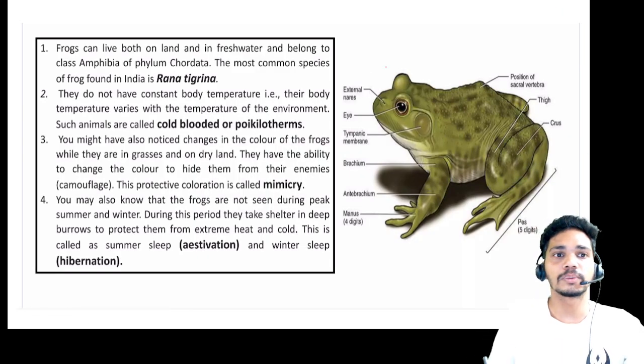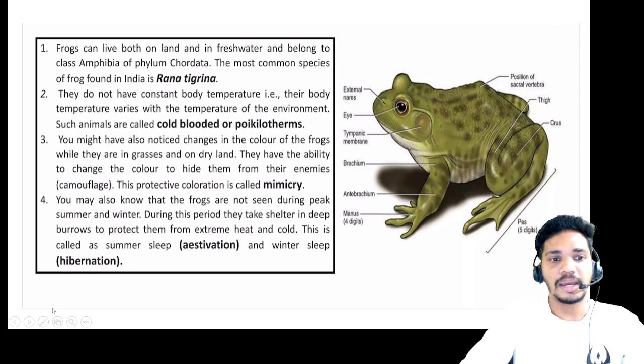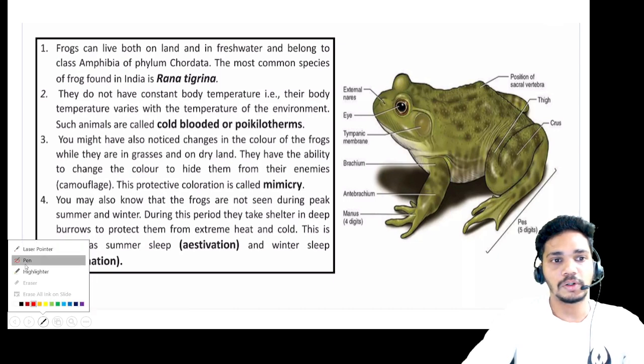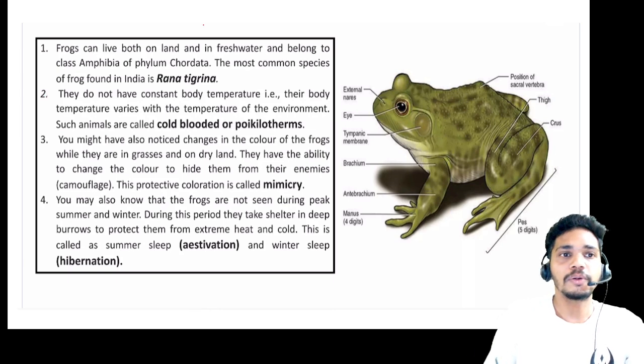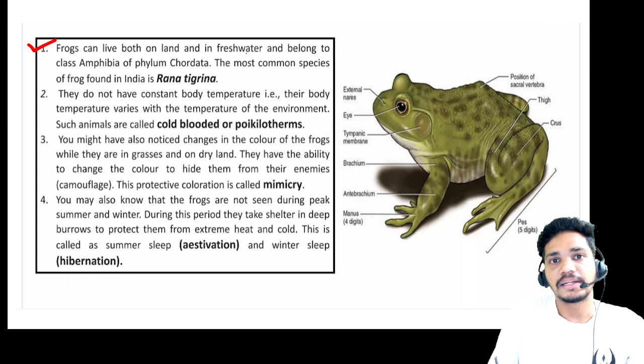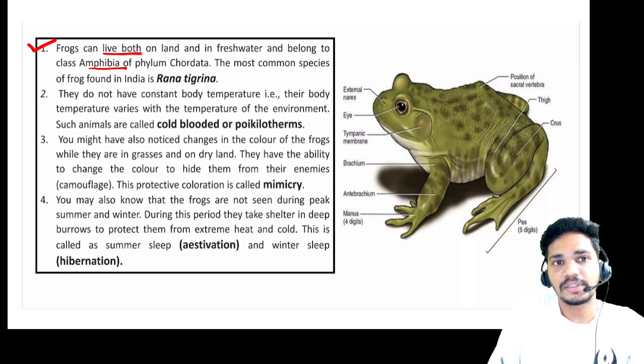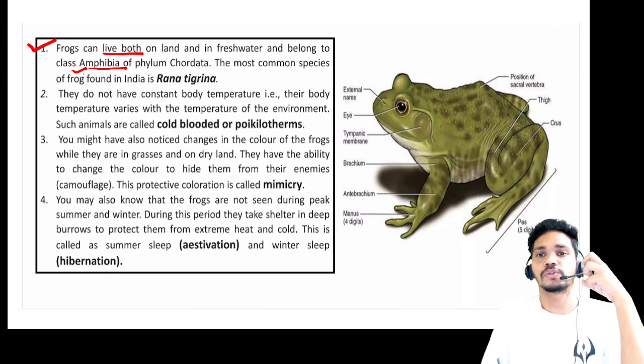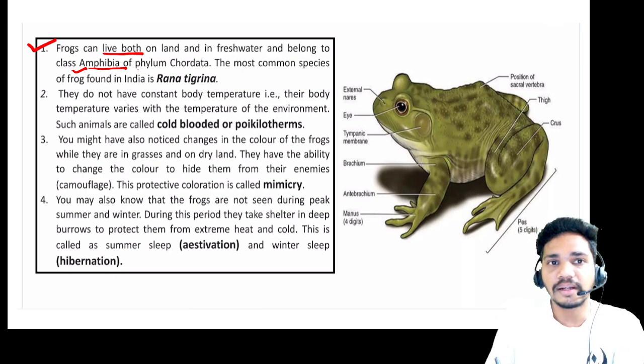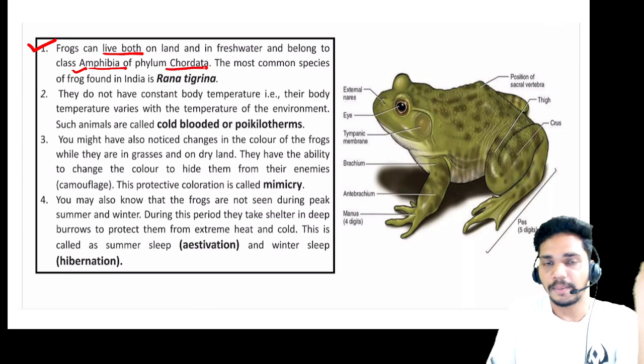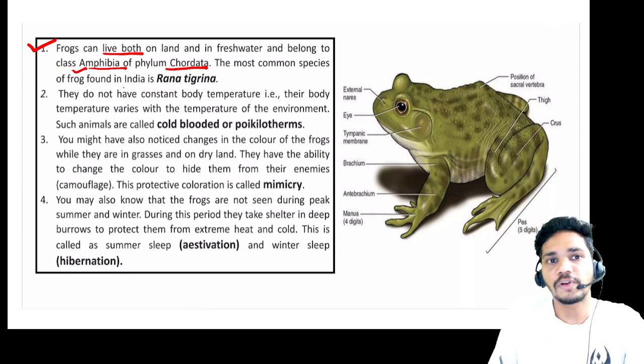Let's have a deep dive into the morphology of the frog. The frog can live both on the land and in freshwater, and belongs to the class Amphibia. So see, that is live in both. That's why it's called Amphibia. So the modifications of the frog will remain as they are, right? Okay, so phylum Chordata में आता है, हमने पढ़ा, the most common species of the frog found in India is